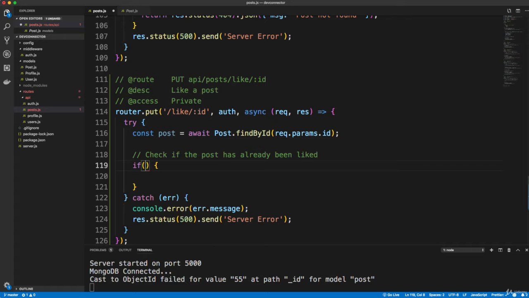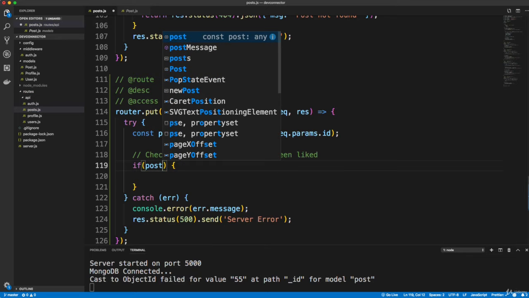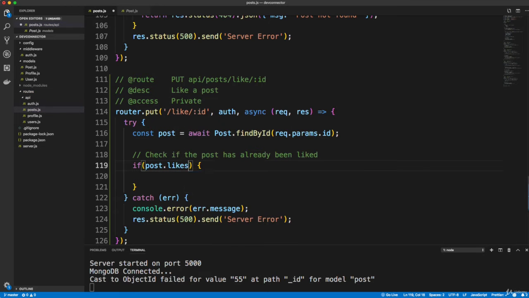So we're going to say if the post that we just got, likes, which is an array, filter, because we can filter through, and filter takes in a function, and the parameter is going to be like. I'm going to make it like, and then what I want to do is compare the current iteration, the current user,